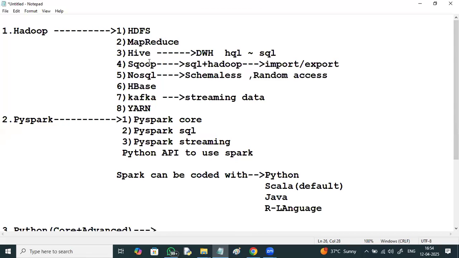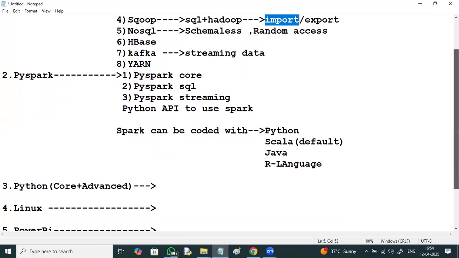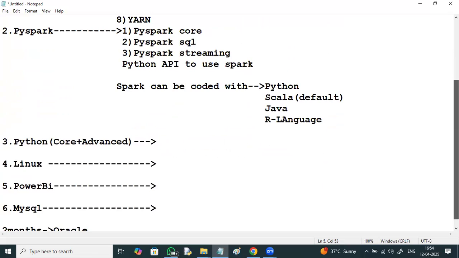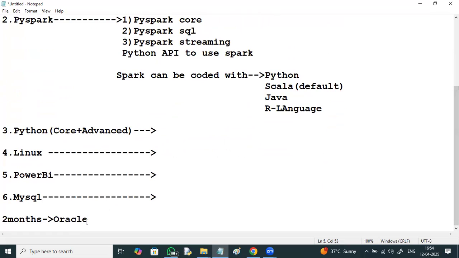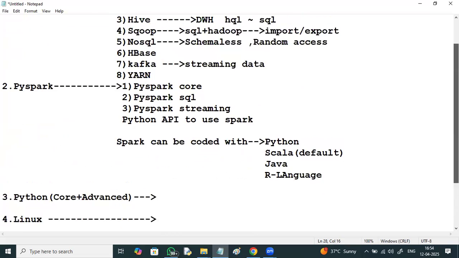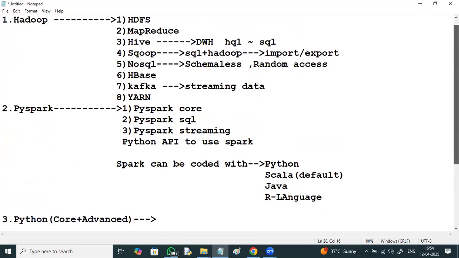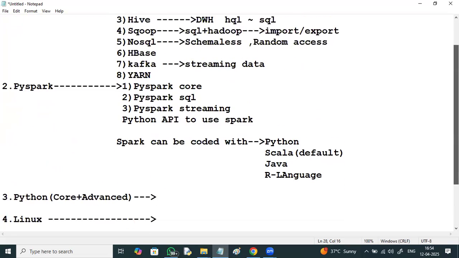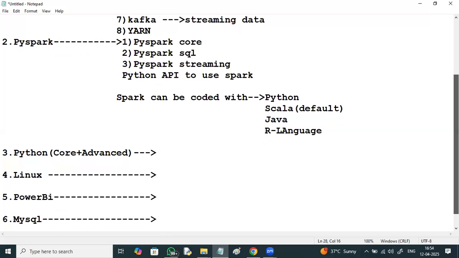Sqoop is there. Importing data from different sources, from different databases, it is going to pull the data. It's going to import or export data. Even you will be getting 2 months of Oracle training free. So this is the total knowledge you'll be getting on data and big data: Hadoop, PySpark, Python, Linux, Power BI, and MySQL.